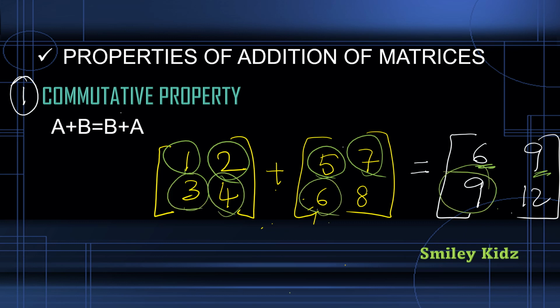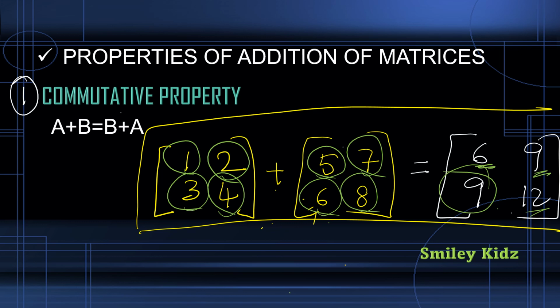And then we have 4 plus 8, which is 12. Now, let's put this aside for a while. Let's just note down this answer, which says 6, 8, 10, 12. This is my matrix. Now, if I reverse the order,